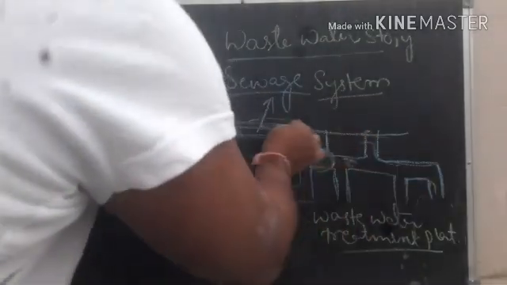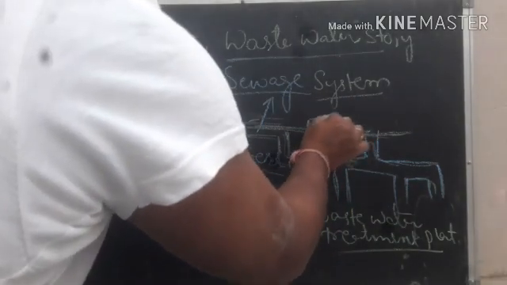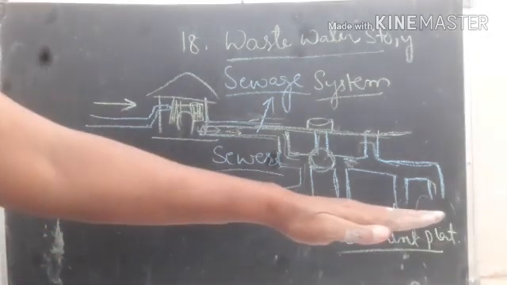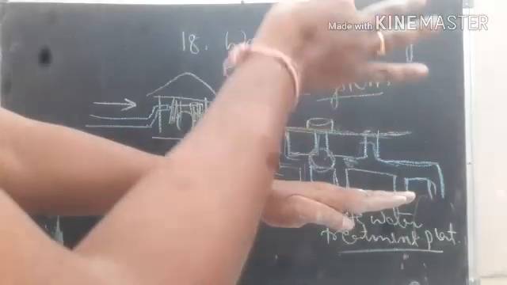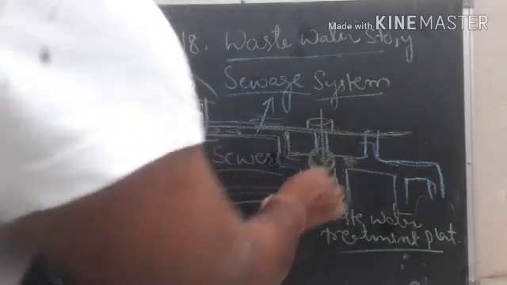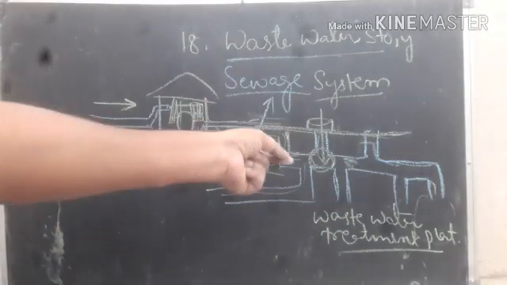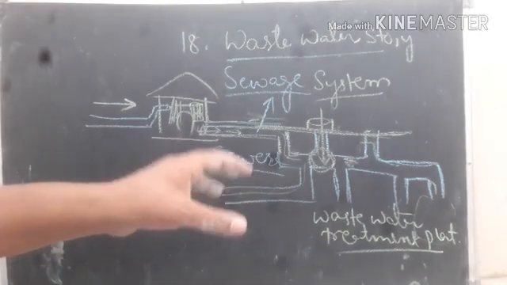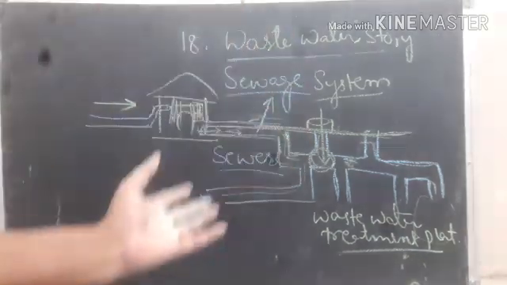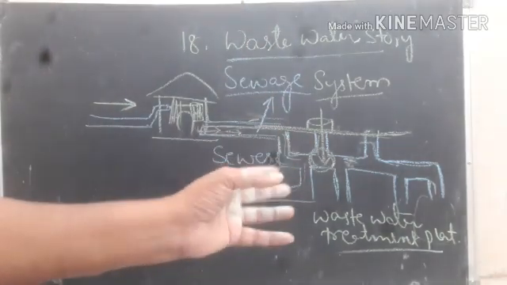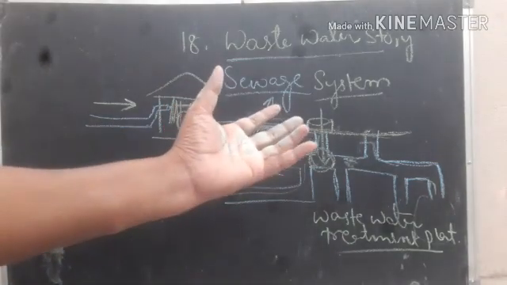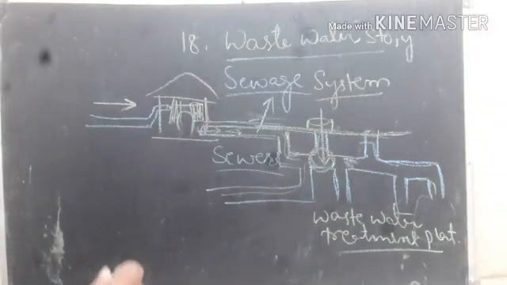For example, at the earth surface, we arrange manholes vertical to the pipeline. The pipelines move like this, and at the surface of the earth we arrange manholes. Through the manholes, the safai worker can get down and inspect whether all pipelines are good and in working condition. Is there any leakage, any breakage, or any blockage? Everything can be inspected by the municipal corporation workers. For this purpose they arrange manholes.